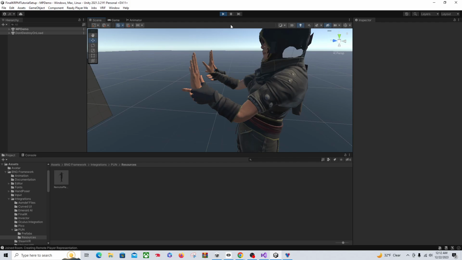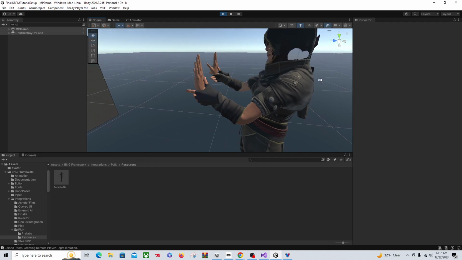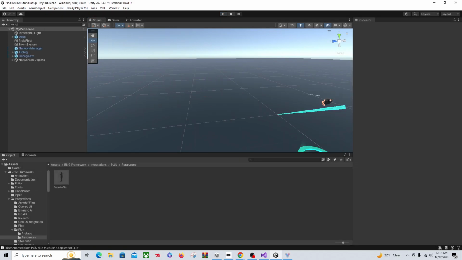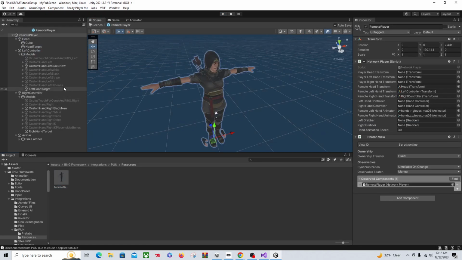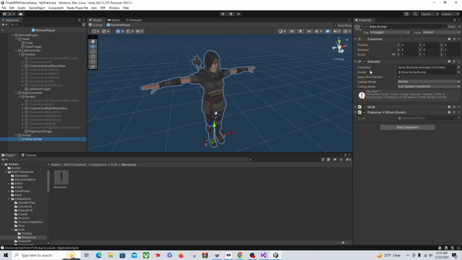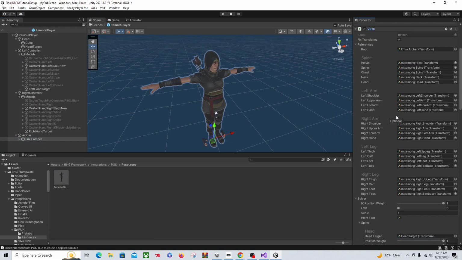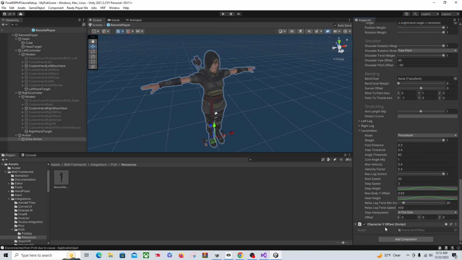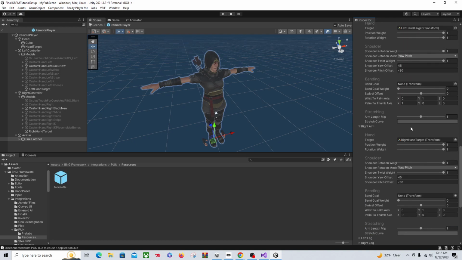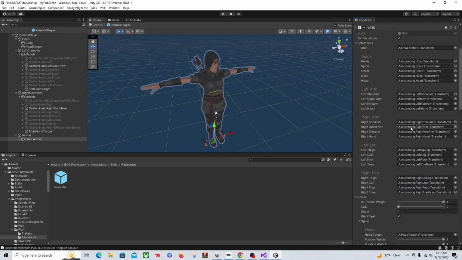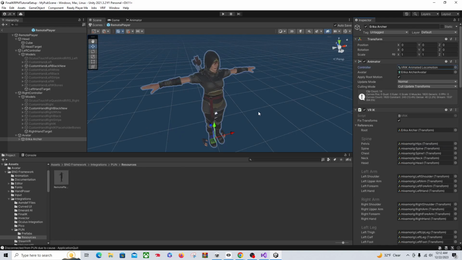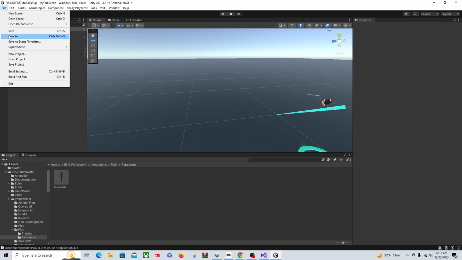Okay, so we should be able to use this to line up our stuff. So let's go back in here. Let's go down to Final IK. Let's open this up. Let's switch this to animated. And in here, take VRIK animation. Save,